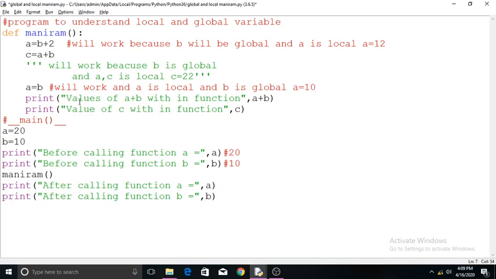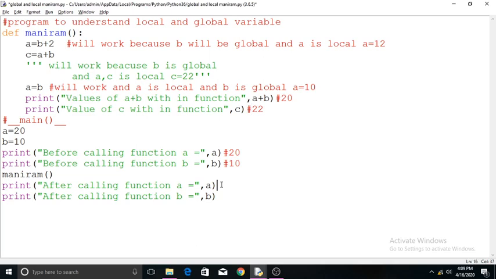Now if you take A plus B, A value is 10 now, not 12, and B value is 10, so A plus B will be 20. Okay, so print the C value within the function. What is the C value? C value is 22. This output should come based on this.